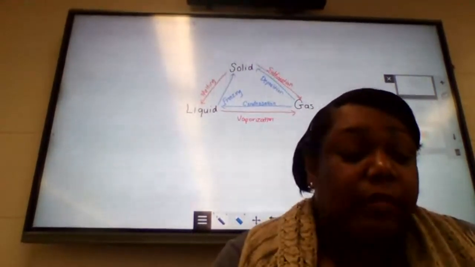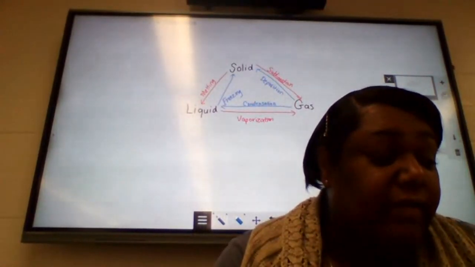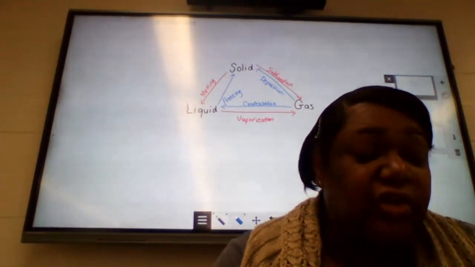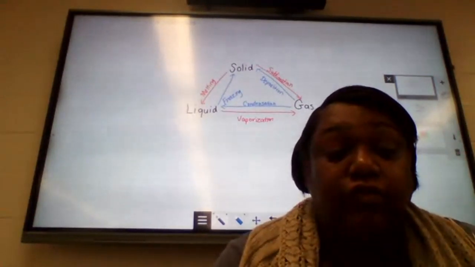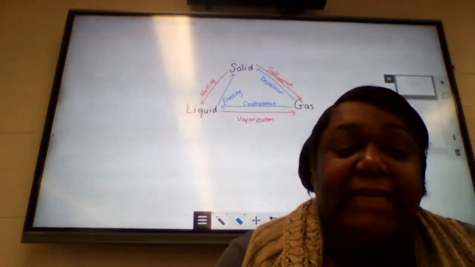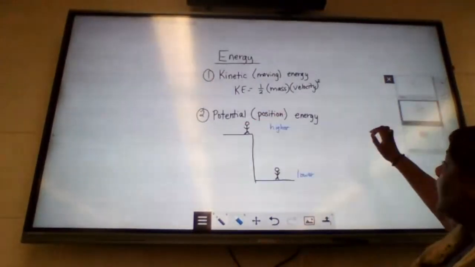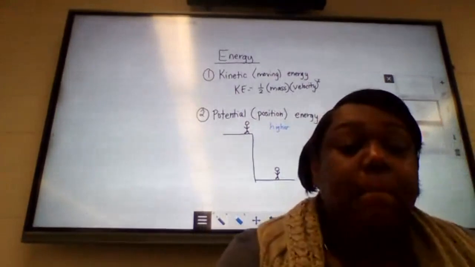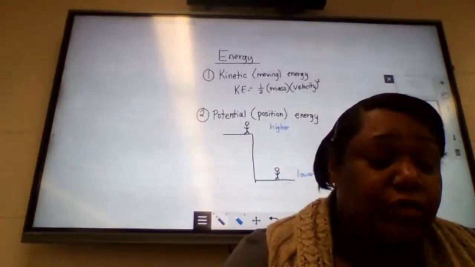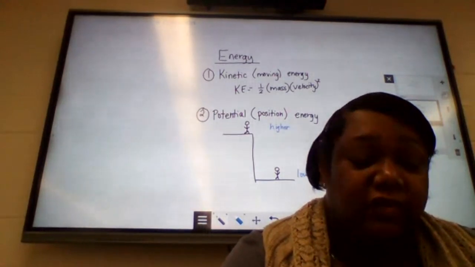Now, in section 18.2, that's where we start talking about energy, specifically potential and kinetic energy. Your book starts out by mentioning the law of conservation of energy, which says that energy is neither created nor destroyed. It can only change form. And so when we define kinetic energy and potential energy, we define kinetic energy as our energy of moving, or our motion energy related to motion. When we define potential energy, we're talking about energy that is stored or is related to position.